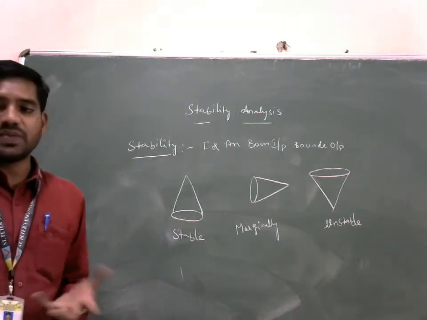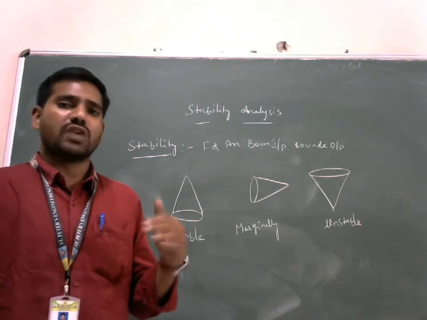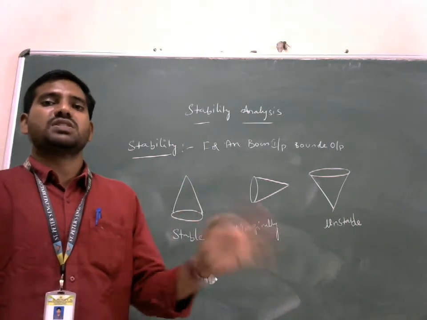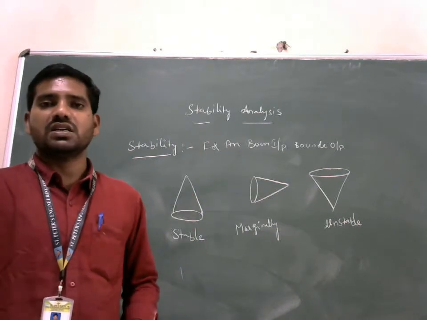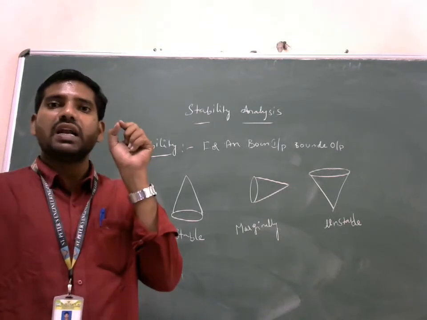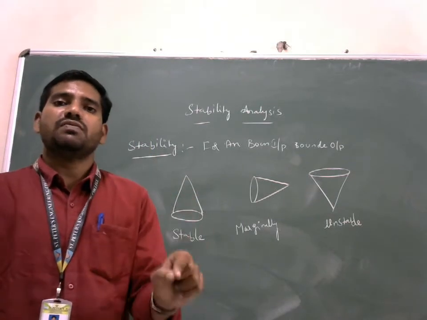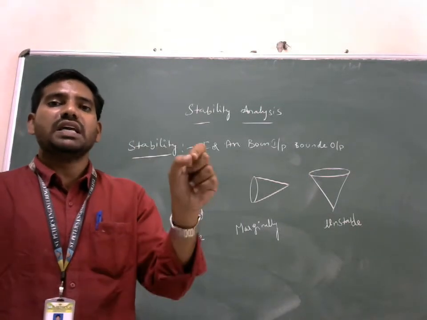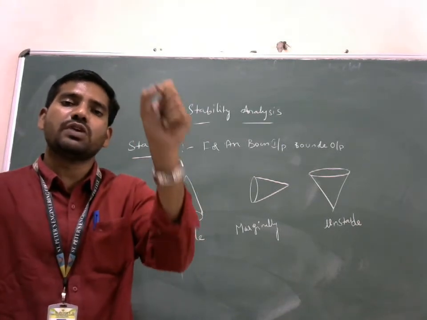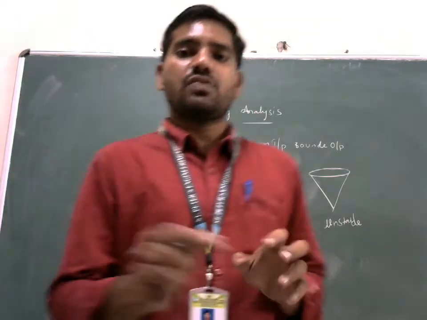Right, whenever we are doing some experiment, we are telling that you can reach up to 10 amperes, 16 amperes, you can apply up to that load. Okay, I am applying like that. Then what will happen? Suddenly the speed will increase or the speed will reduce. Why? Because you are continuously changing the load. Then we need to tell that if the load is above 10 amperes, the system will become marginally stable. If the load is above 16 amperes, then definitely the system will become unstable. That thing we need to find out by using a transfer function analysis.